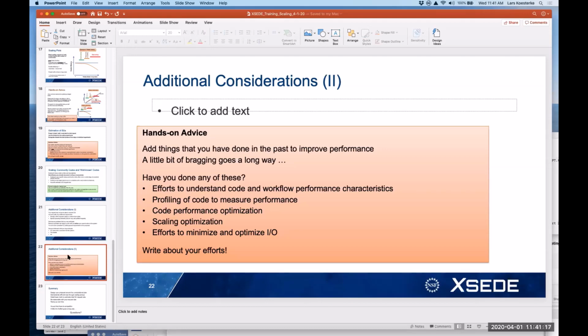So I always think that a little bit of bragging goes a long way. So if you understand what your code is,